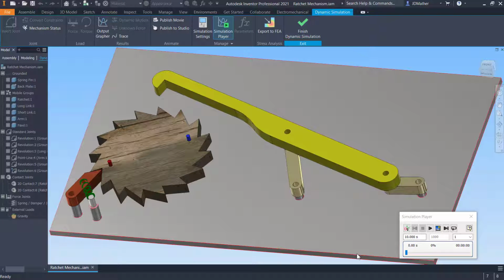In this example, we have a ratchet and pawl mechanism with the motor driving this, and we can drive it at a constant RPM, or we could put an input grapher to tell it how we want to drive this. As this drives, it's going to cause this pin to oscillate back and forth, and then this finger is going to catch on the ratchet and cause it to index forward,